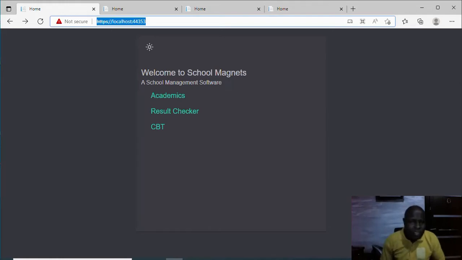One is to be able to generate the student results at the end of each term or midterm. Two is to allow parents to go online with a PIN provided by the school to check their student's results online. Apart from the results being generated by the school, it helps the school save the cost of printing results, which can be printed on demand by the parent, but the parent can actually go online, enter the PIN and download the results. Then third,